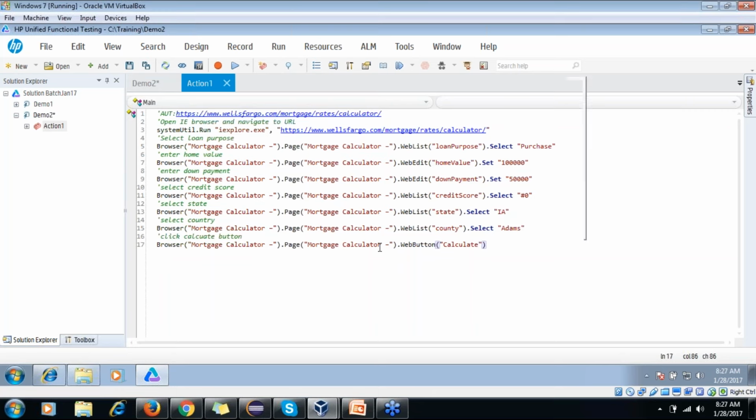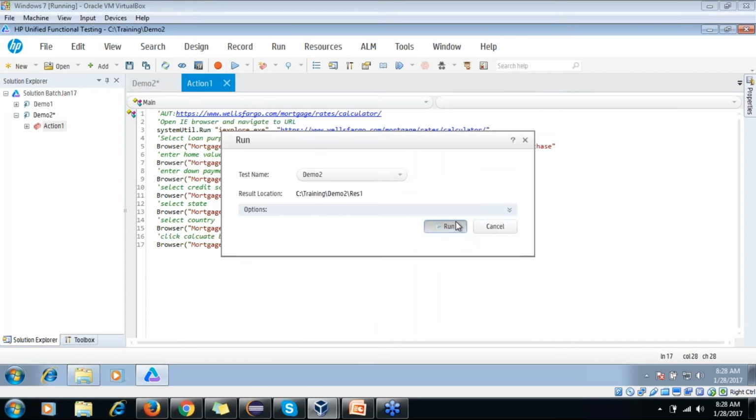calculate dot click. Okay, so these manual steps we converted into UFT lines of code. Okay, so let me execute this and let's see what happens, and then we'll see some verifications.